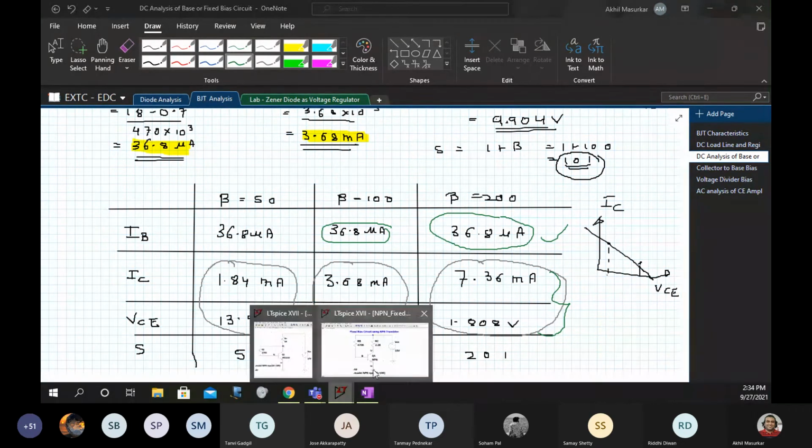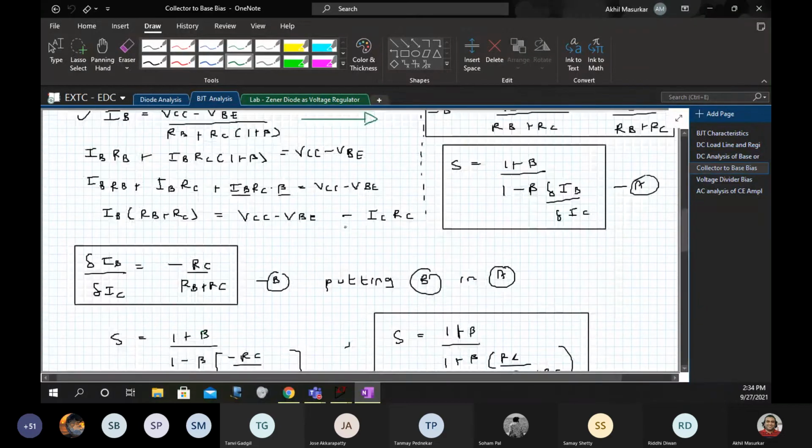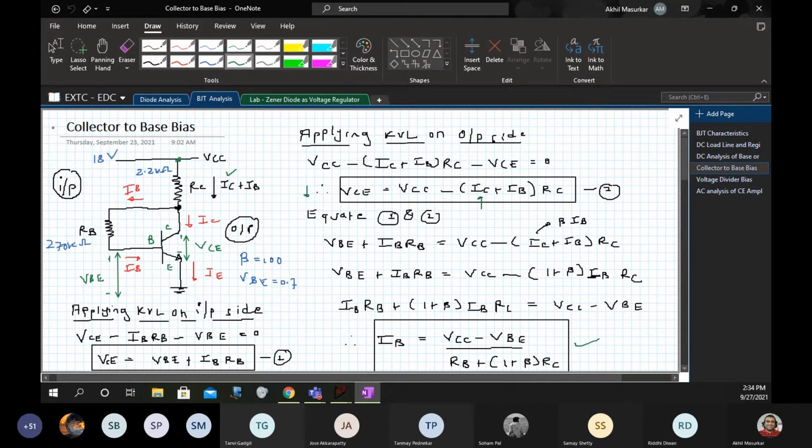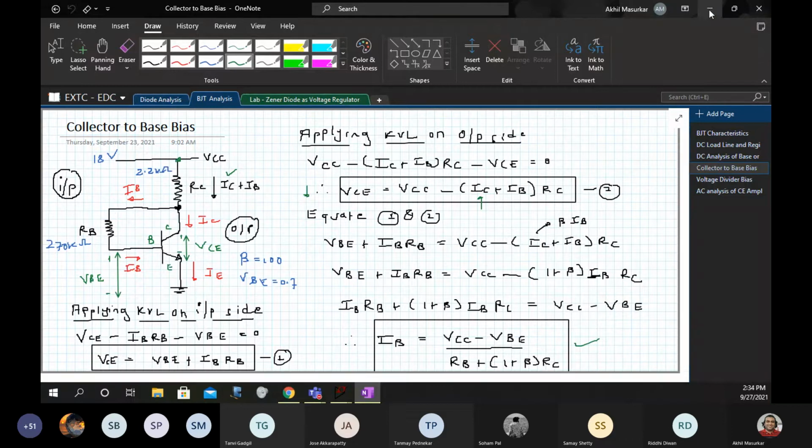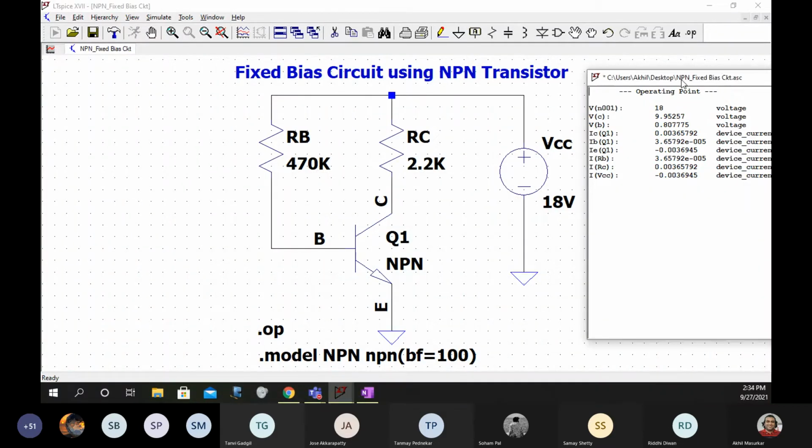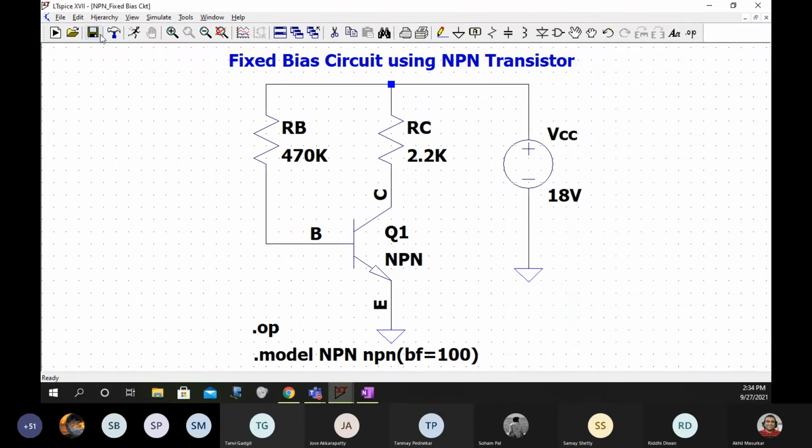Now what we will do is go to our next circuit, which was what? Collector to base bias. In the collector to base bias, what we do is we just remove this RB from the VCC and insert it at the collector. So I'll use the same circuit.